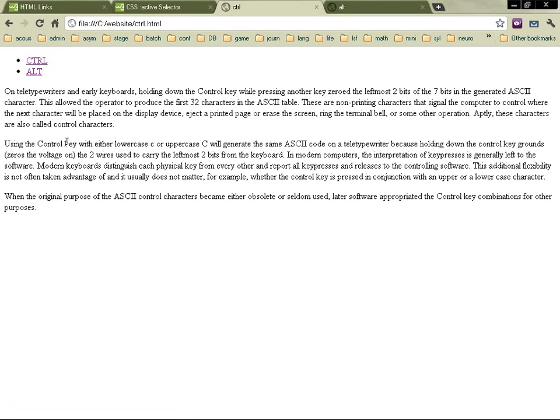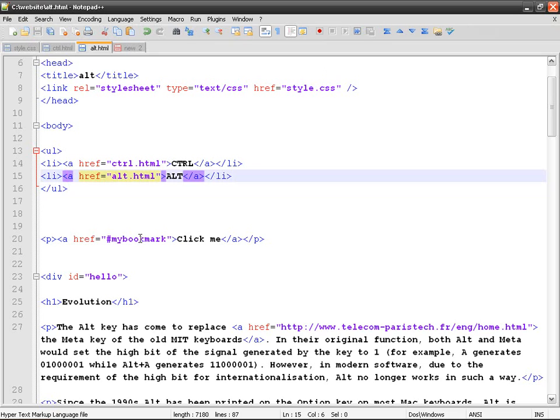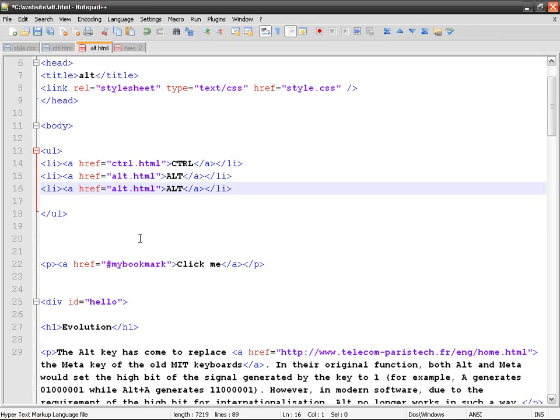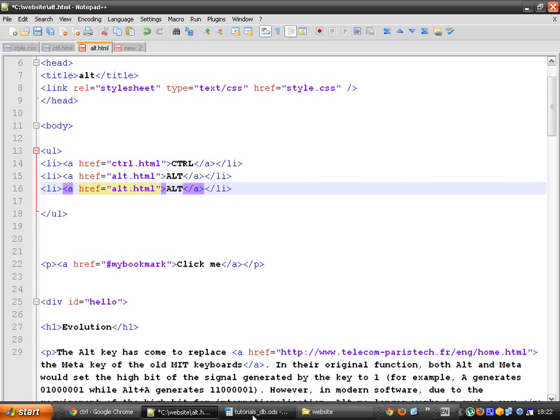So say okay. The problem here is when you have a big website and you upload it, you update it quite often, it's not very easy to do so. For example, imagine that we have Control and then Alt, and then we've got another 100 documents, and then you've got here a menu with 100 links, and then you decide to create another HTML document that we're going to call, for example, website